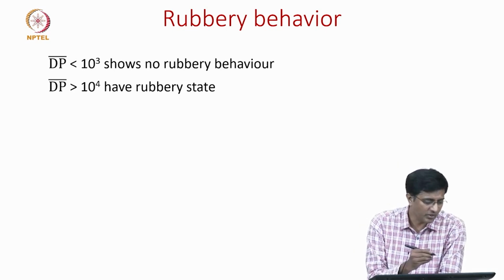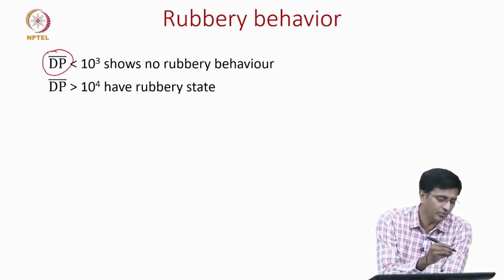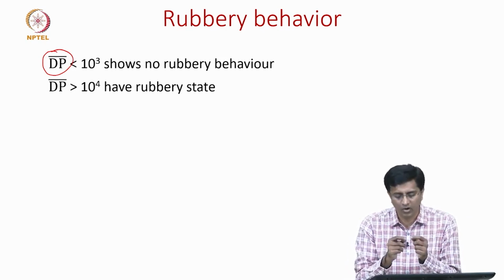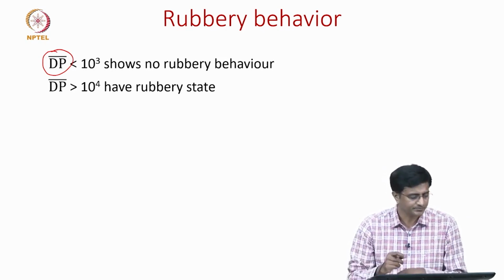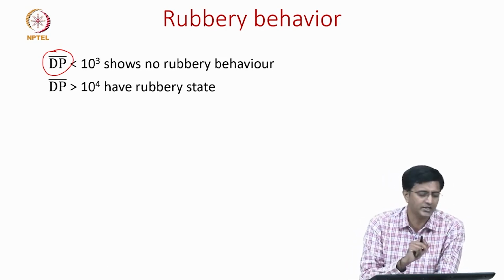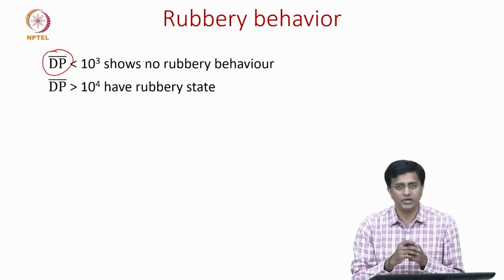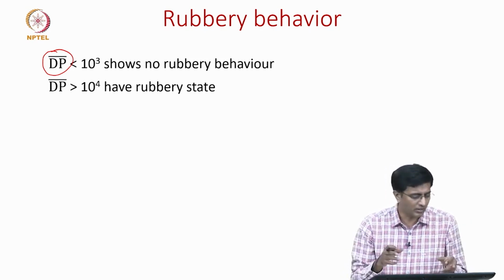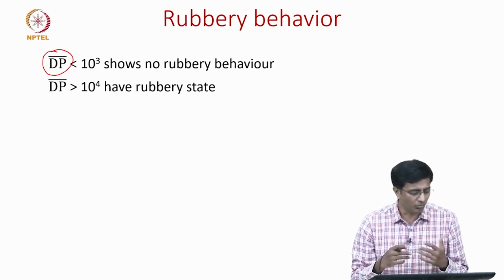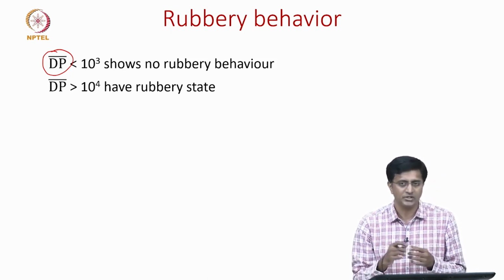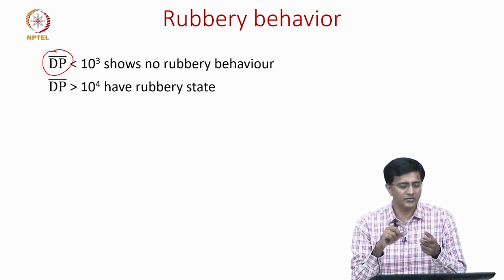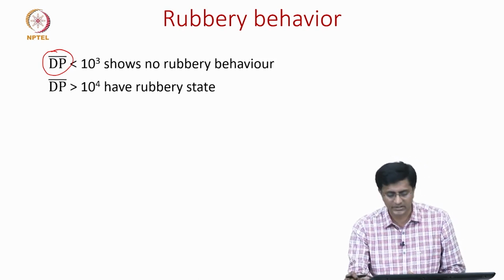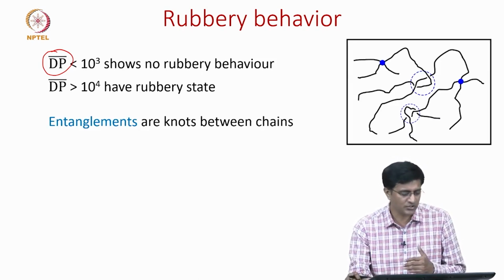But this rubbery behavior depends on the average degree of polymerization. Previously we have seen what the degree of polymerization is. It gives an idea about how long these molecular chains are. So, if this value is less than 1000, it is hard to see the rubbery behavior, because then the molecular chains are too short. These are not too long, like in the other case when we are talking about more than 10,000, that is when we see the rubbery state. When the molecular chains are small, it is very difficult to entangle each other. So, that is what we will discuss next, saying that this rubbery behavior is mostly because of